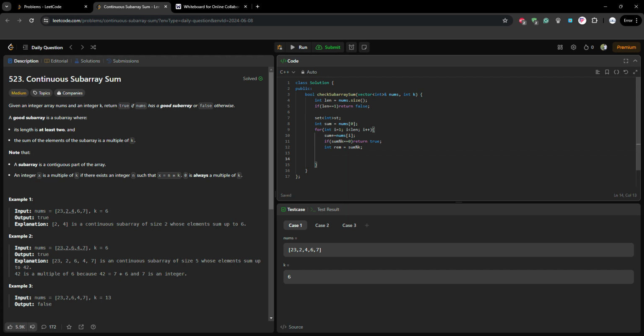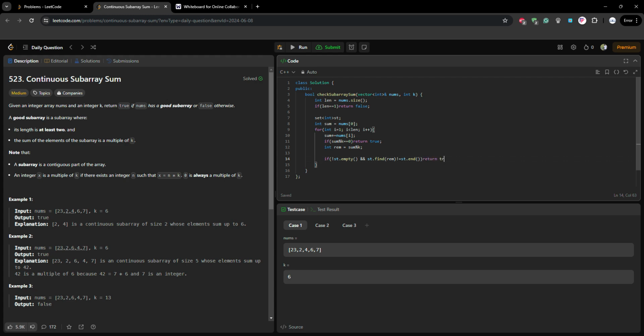So if not st dot empty and st dot find remainder is not equal to st dot end, it means we find a remainder in this set which is equal to rem.